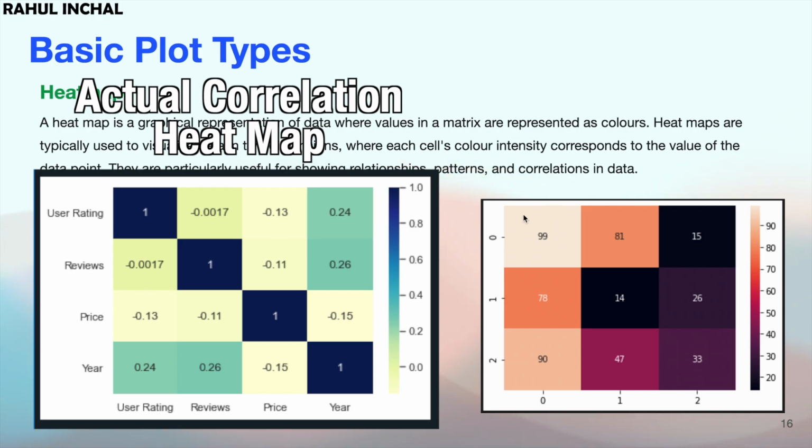And one observation I want you to make is, look for the diagonal values. The diagonal values will always be 1. Now why it will be 1 is because, now what do you mean by